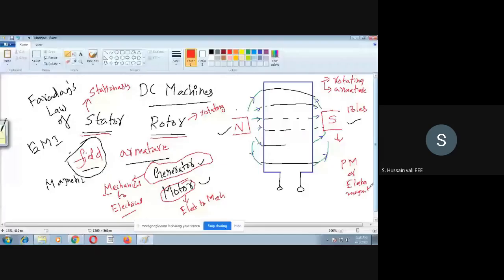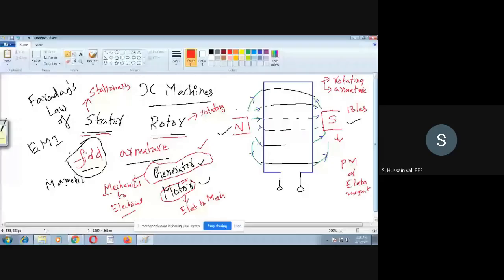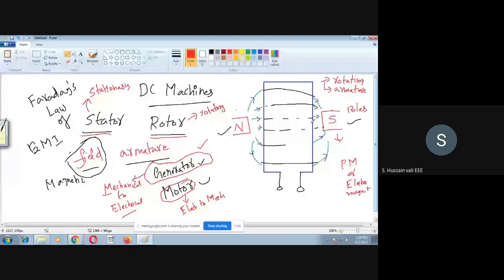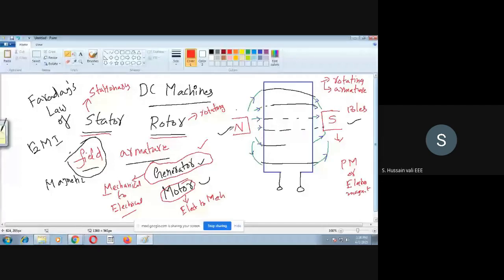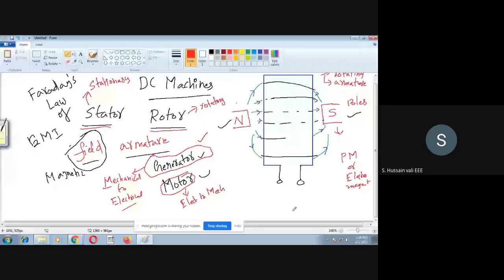Now coming to the case of generator, a DC generator takes mechanical energy and gives electrical energy. So to this entire picture, where do you give the mechanical energy? There is this coil. You cannot keep the coil in air. Generally, you don't keep the coil in air. You put the coil around a magnetic core, so on the core you put the winding.